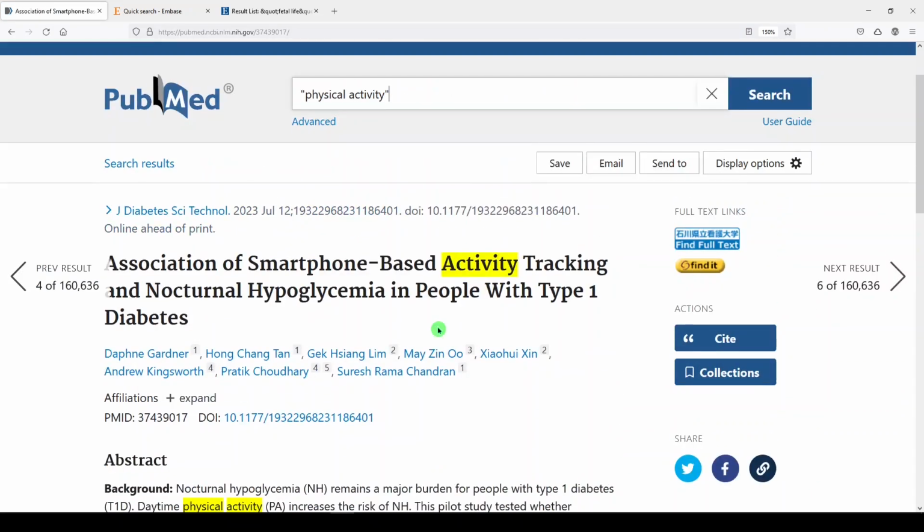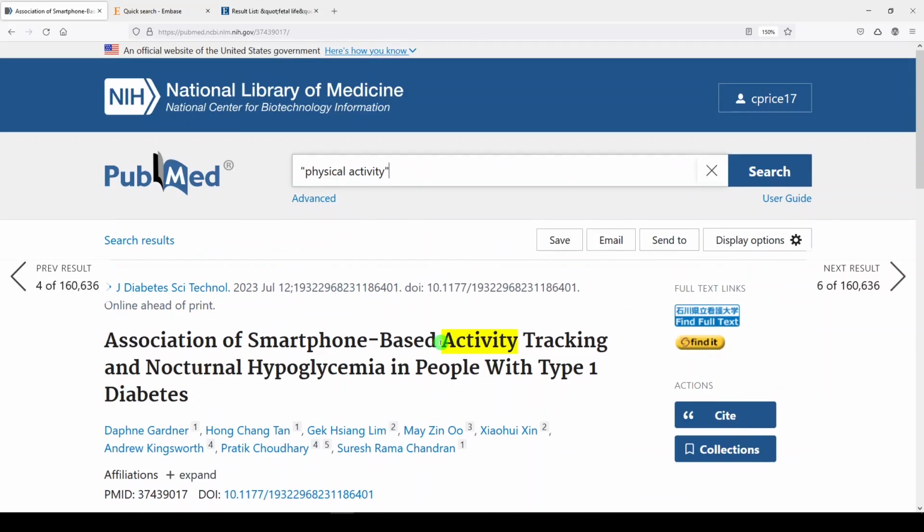So in my opinion, when you're searching without quotes and without field tags in your systematic review searches, it fails to be a systematic review. Why? Because the database is doing things with it behind the scenes that we don't know, that we don't capture, and that are not reproducible.